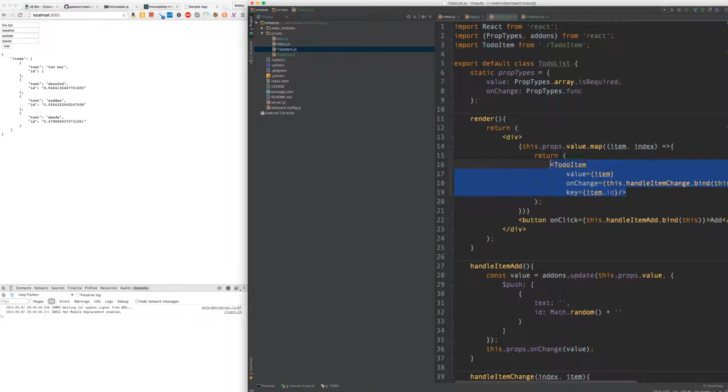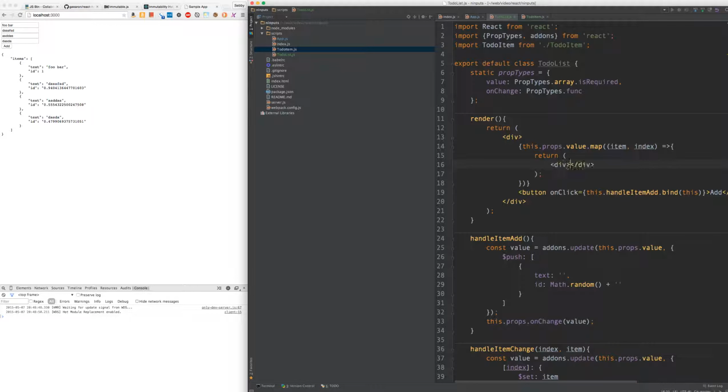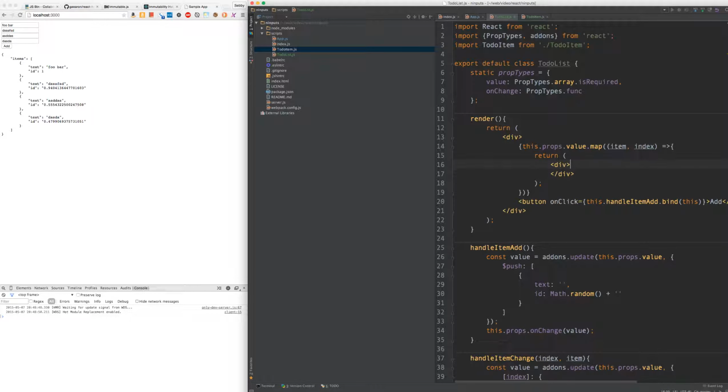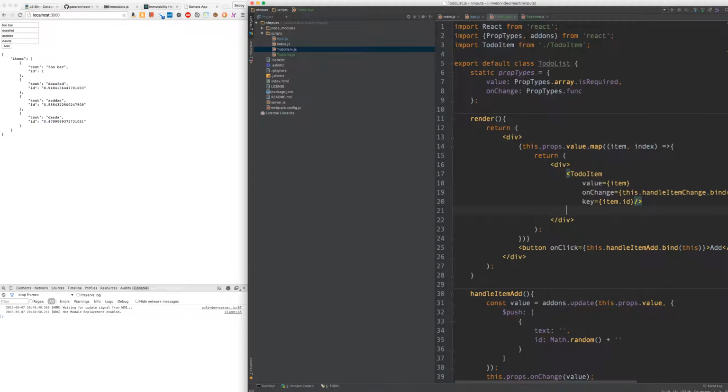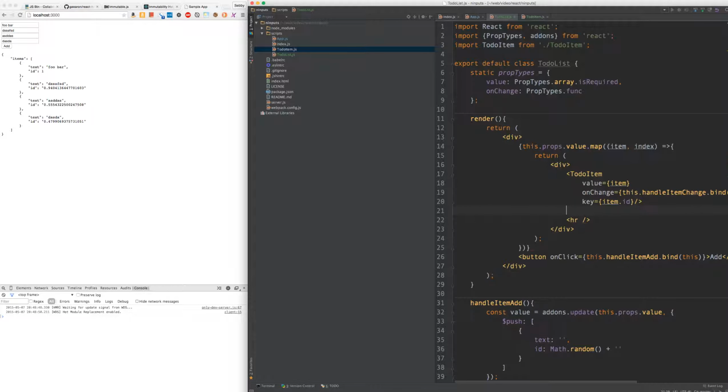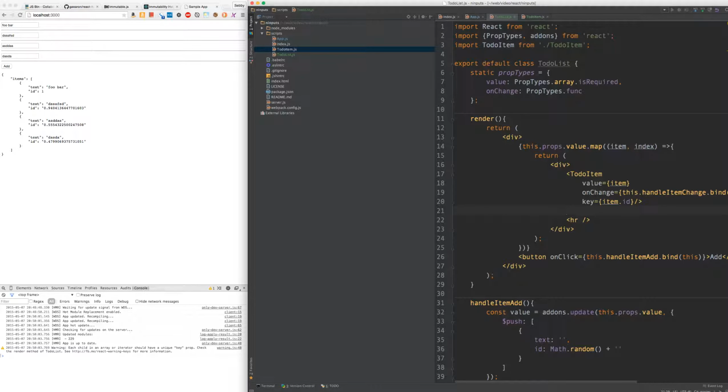So we're just going to come in here and grab this again, and we'll wrap each item in a div. And we'll just add an HR to the bottom to be cool, because HRs are cool. It's like a separator, but you don't have to do any CSS. I heard it's the new thing. So now that we have that, it's just going to attempt to update, and now all of our stuff has that, and we need to add a button. So I'm just going to make it a link